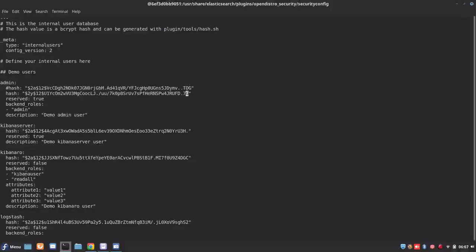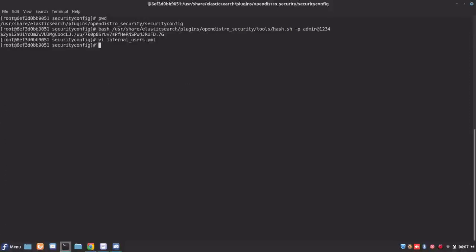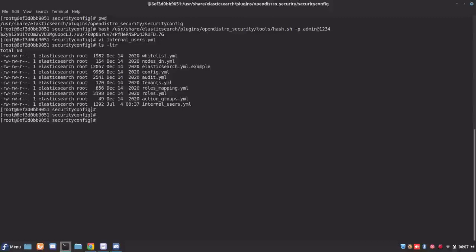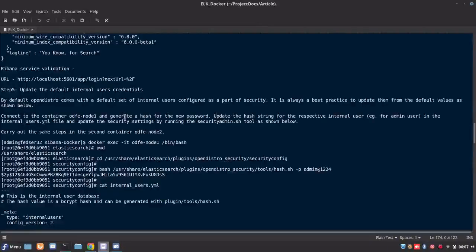Okay. Let me save this file. So we have updated the internal user file for the user admin with a new hash, that is a new password. Now after the password has been updated in the internal user file,